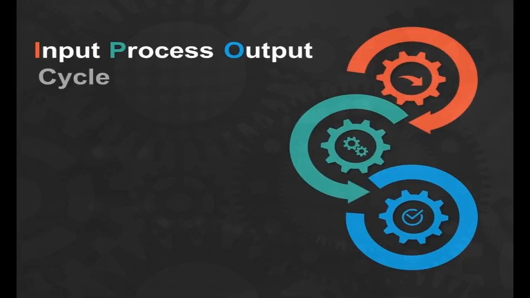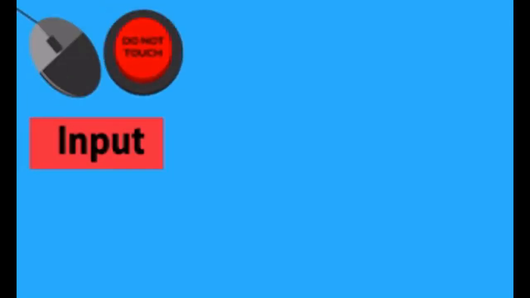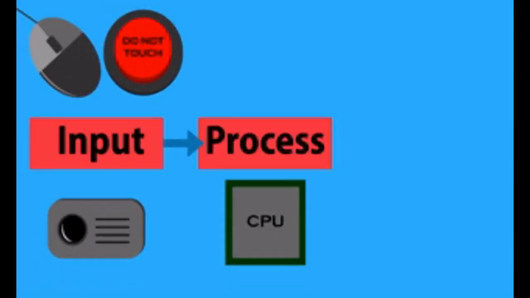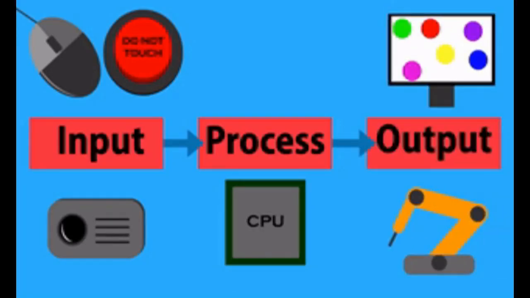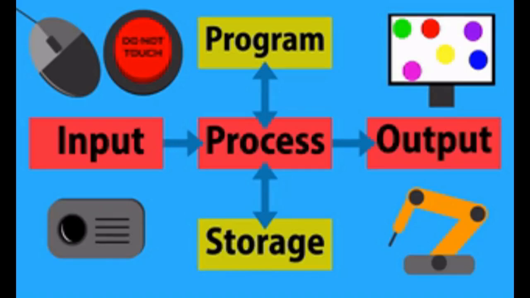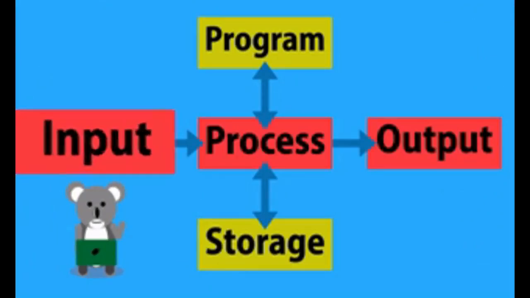So let's talk about the functions of computer. So basically the computer performs three functions. First it takes input, then it processes the input and then gives the desired output. Now let's talk about what is input and how it is given to the computer. So when we talk about input, it is basically the data or the instructions which we give to the computer in order to perform any kind of function.